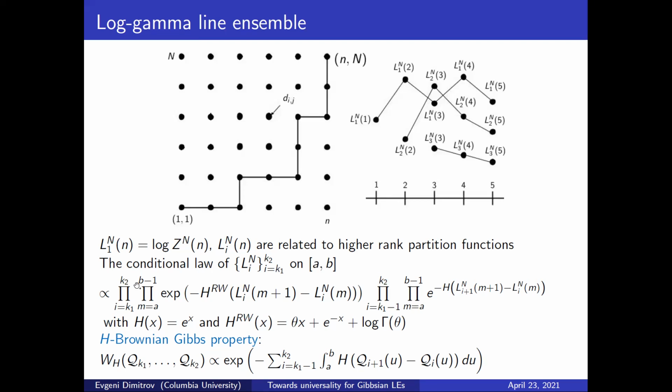So at this point, you can look at this structure and just forget about the polymer model if you want, and just consider a generic collection of random walkers with not necessarily log gamma distributions, but other possible jumps. And here, maybe not just exponential interactions, but other types of interactions. And you can ask, can you show tightness for these types of line ensembles? And under what conditions can you do it?